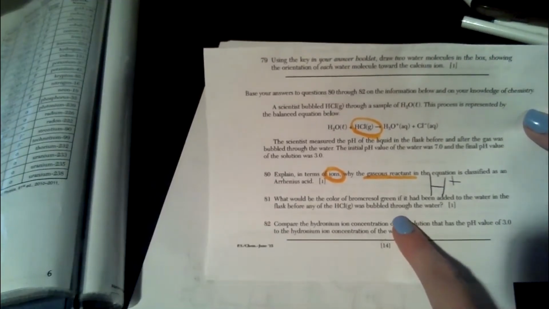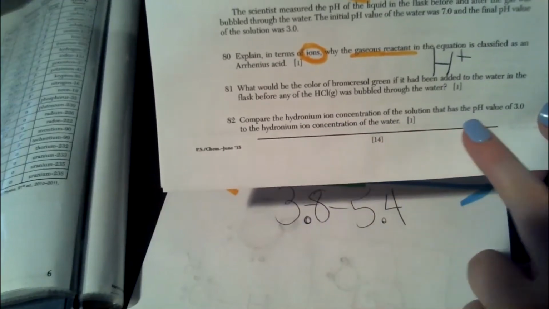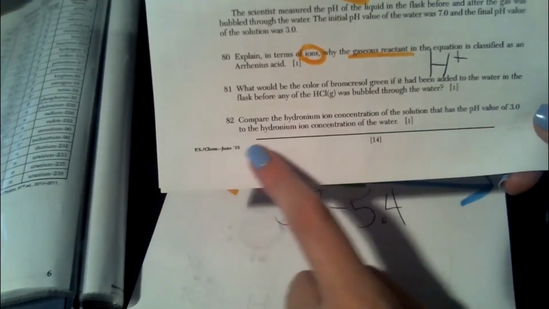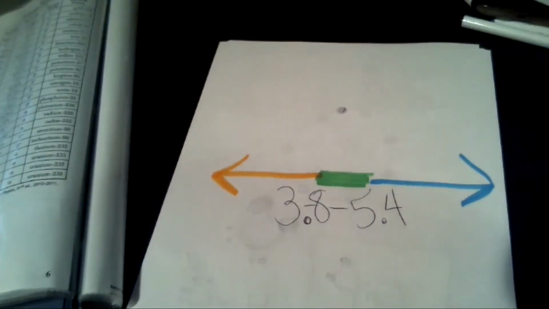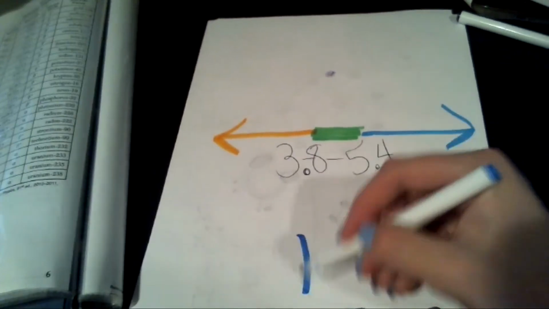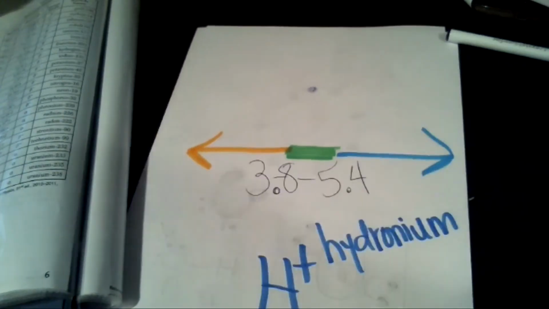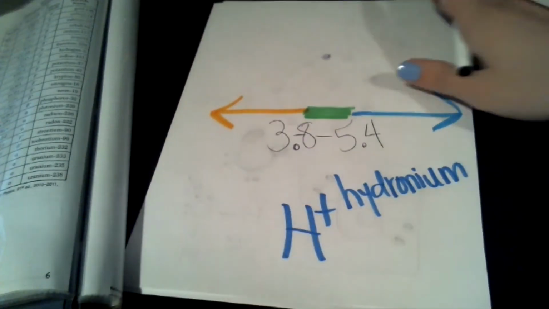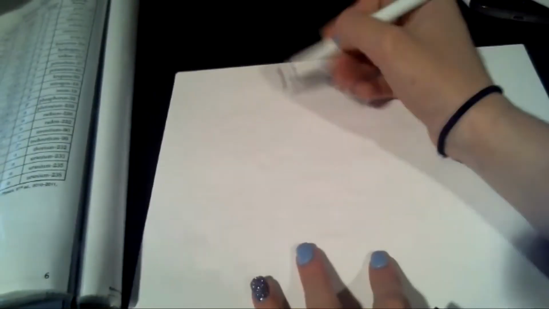Okay. And this is almost kind of a multiple choice question, because if you look at the reference table, your only options are really green, yellow, and blue. So there you go. Okay. 82. Compare the hydronium ion concentration of the solution that has a pH value of 3 to the hydronium ion concentration of the water. Okay. Hydronium is the other name for H plus. These guys are the same thing. H plus is the same as hydronium. If you remember from the pH scale,